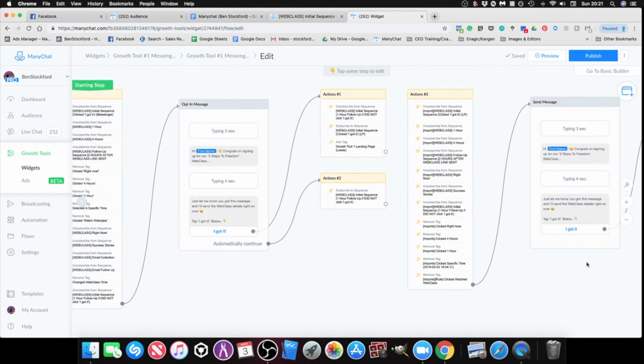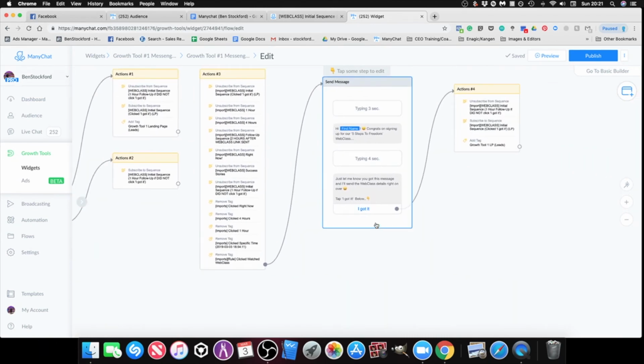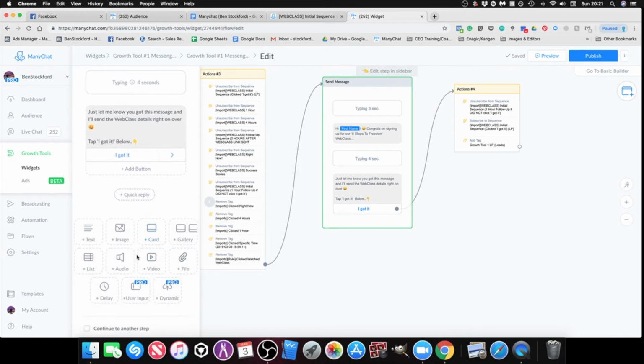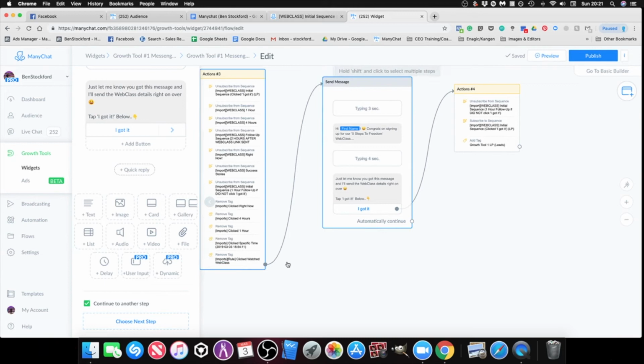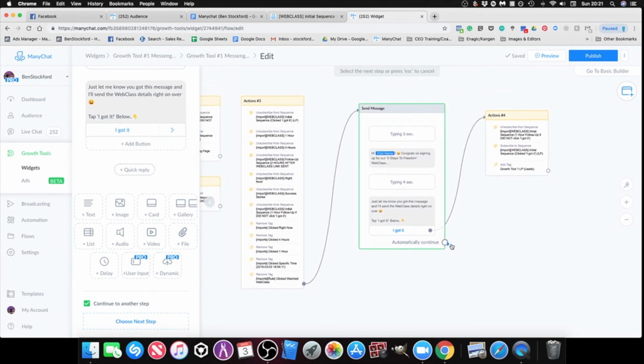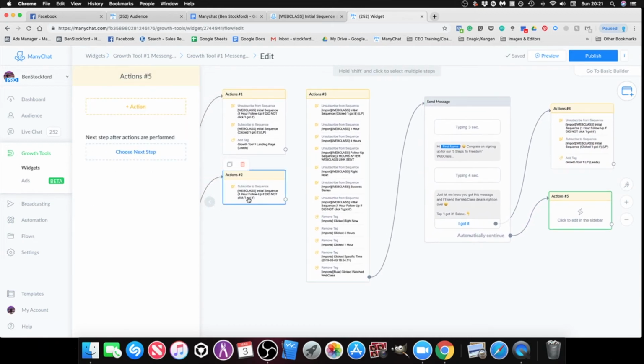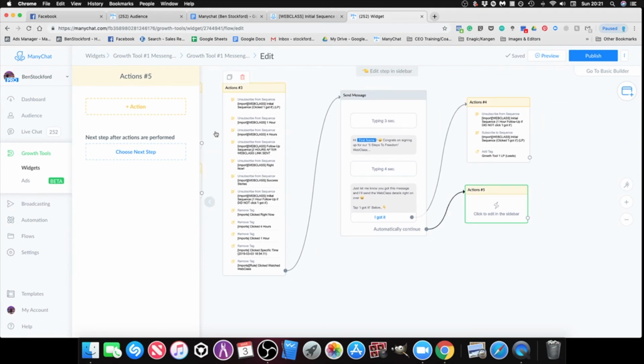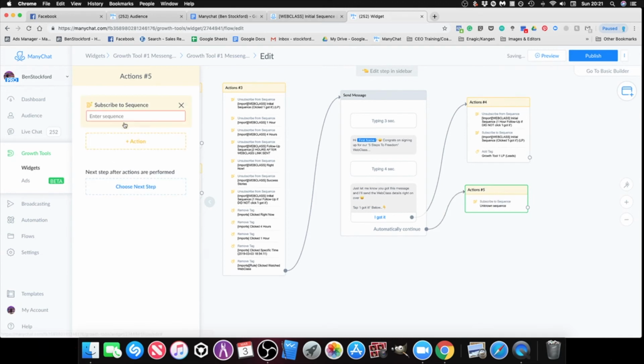So now you want to click back onto the message and you need to automatically continue it. So continue to another step at the bottom, click that, make sure it's ticked. It'll bring up this automatic continue. Drag the circle and we want to perform another action, and we want to send them the 1 hour follow-up because they haven't responded to us. We want to basically give them a bit of a nudge